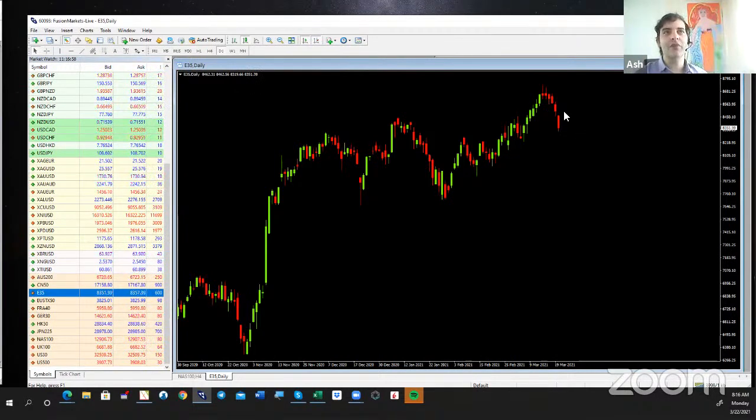But so it's going to be expressed more in the E35, which is the IBEX. This is the Spanish index. So if we hear more rhetoric coming out about travel bans or travel advice not to be traveling, then tourism is going to get hit, and tourism's a big thing in Spain. So if we want to express it with an index, then expressing it through the E35 would be a decent